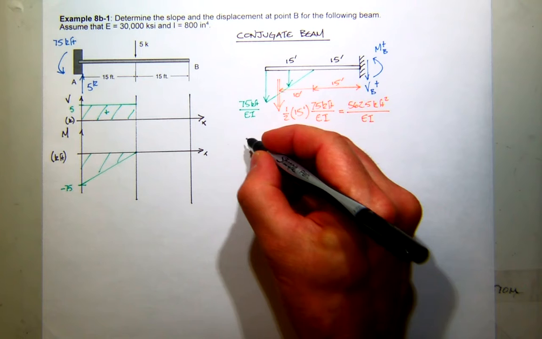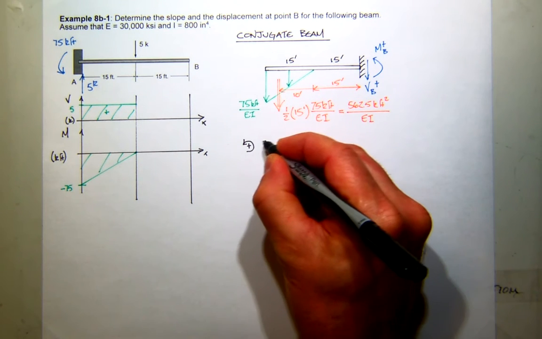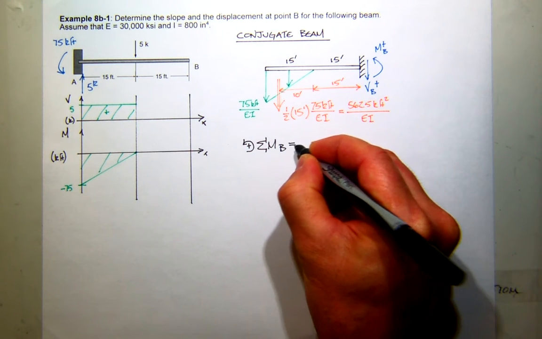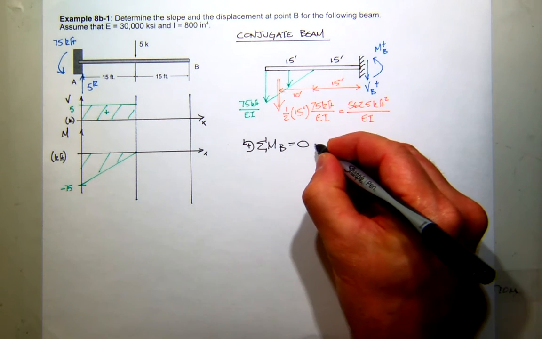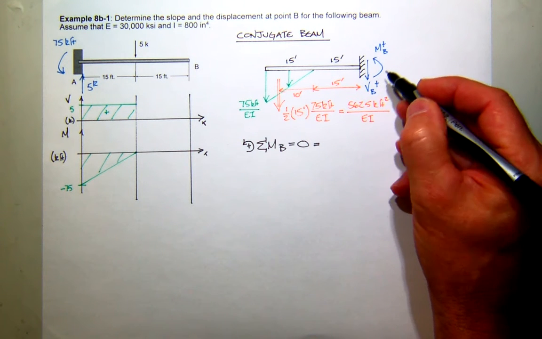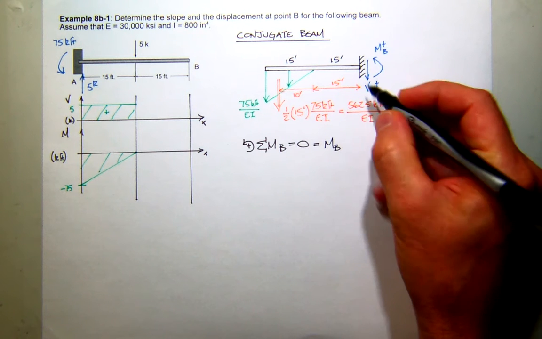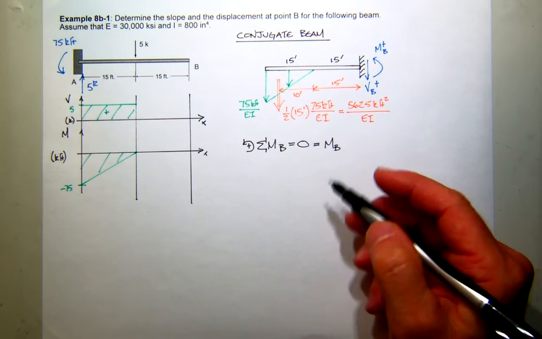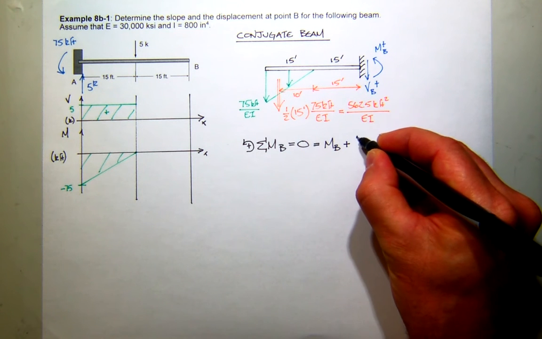So to solve this problem now, I'll just go ahead and apply my equilibrium. I'm going to sum moments at B, make sure I'm in equilibrium. I'm going to use the right-hand rule for my sign convention. So what is this moment with my sign convention? Positive or negative? Positive. And about B, this force creates positive or negative moment? Positive. So I'll have a force of